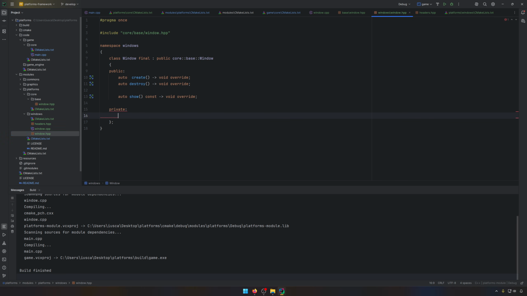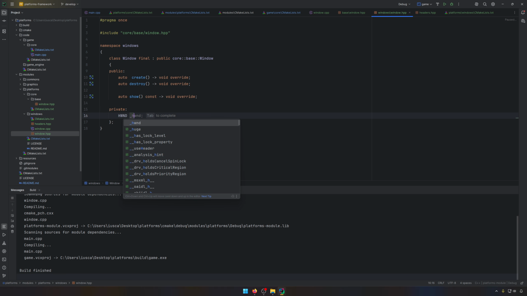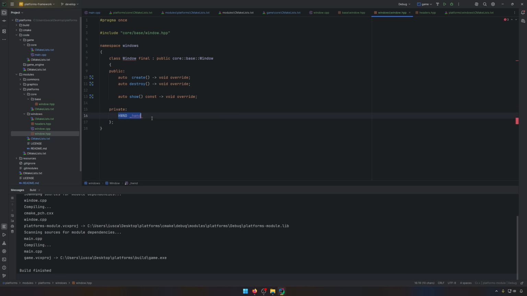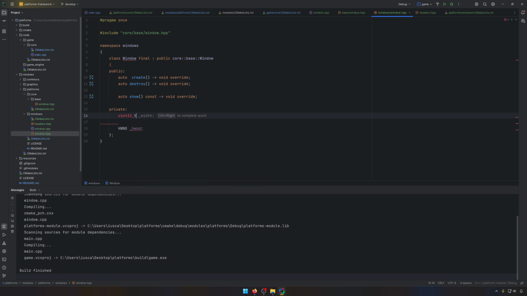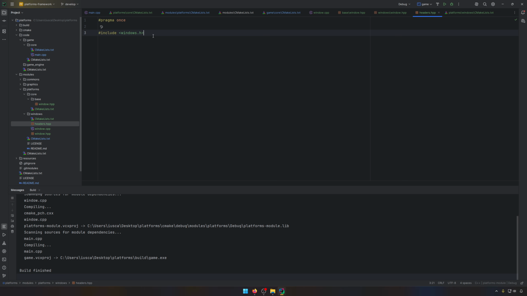In here, I want to use something like HWND, which means handle window. Okay, I will call it hWnd, handle for the window. This is the name. And what I need to do first, as some member of this class, I want to use something called style. Just a second. In the headers, I want to include another one, stdint,